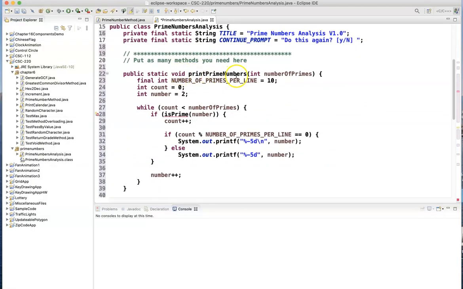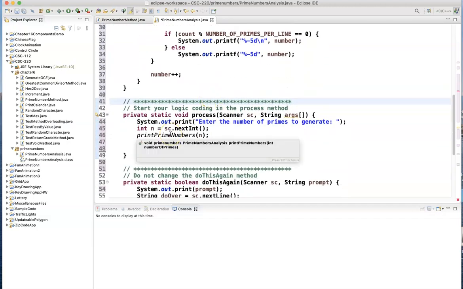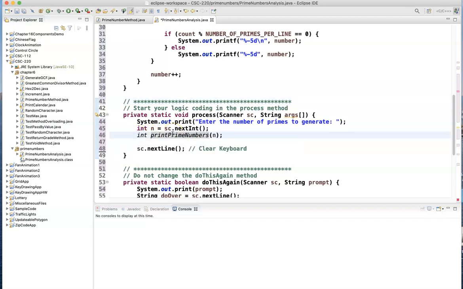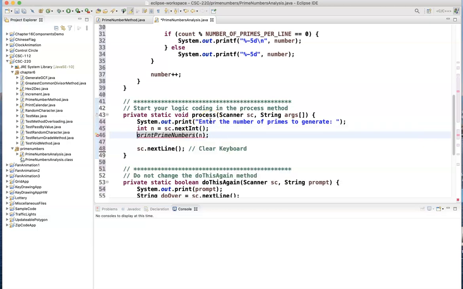So let's take a look at this. This is a void method. printPrimeNumbers is a void method. Void methods return nothing. Okay? They return nothing. If I try to store something, integer x equals, okay, that's wrong because printPrimeNumbers is a void method. And if you try to do something, sysout, okay, sysout,